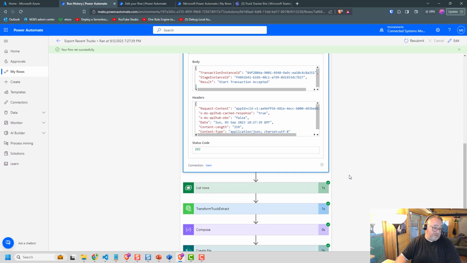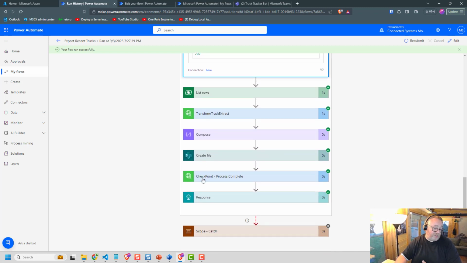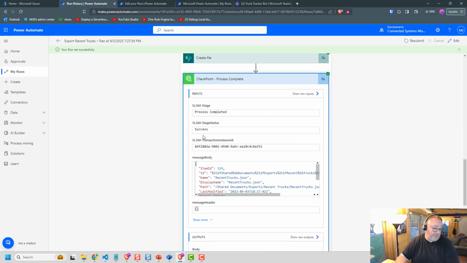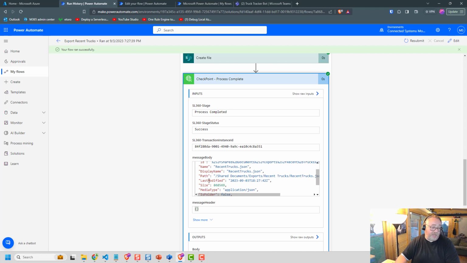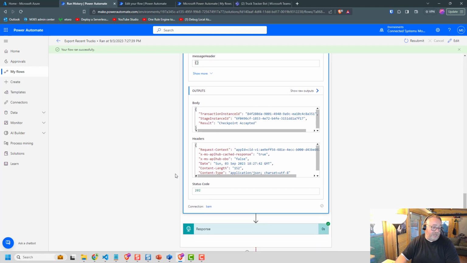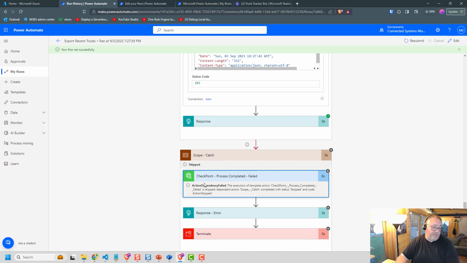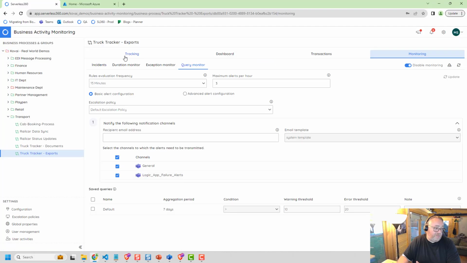Was the stage successful? And likewise, when I get to do an update, so later on I would say, this is now complete. Here's the update. In this case, I've passed the output from the SharePoint connector, so it'll tell me which file got created in SharePoint. And if there was an error, this is where I've used the catch block down here, so I could supply things like information about the error or what I want the support person to do, or whatever error handling you want to put. But that opens up that feature for people to see a simple view of what's going on